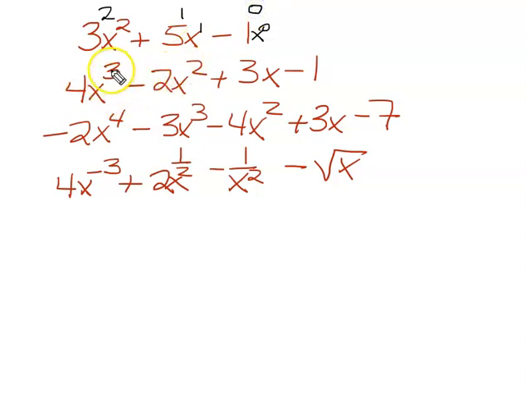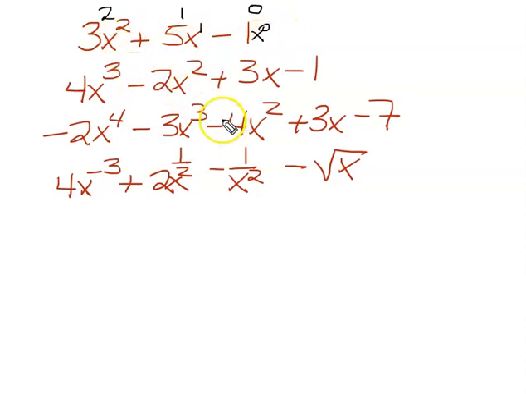Now here, the degree is 3, 2, 1, 0. This one is 4, 3, 2, 1, 0. Now, these first three are true polynomials. Sometimes things are not a polynomial, even though they might look like one. And what is a polynomial, by the way? It's just an algebraic expression